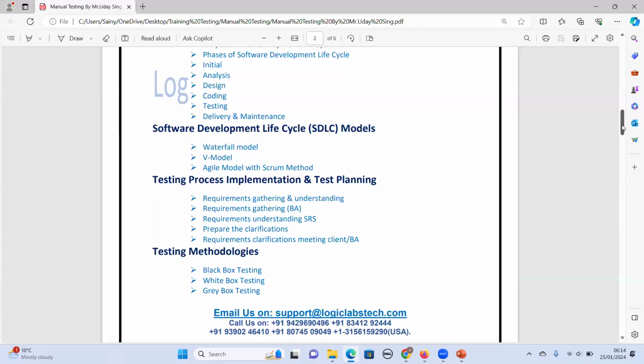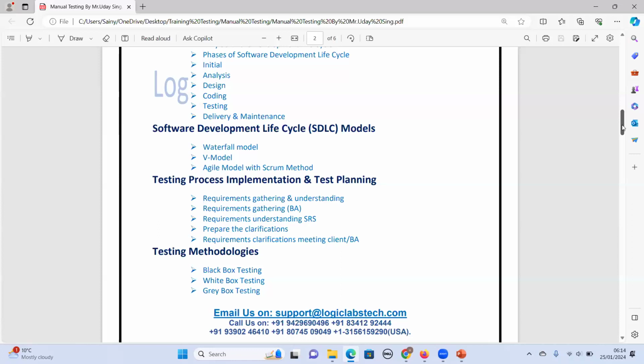So these are all the various software development lifecycle models. You have to remember that term so you never get confused.